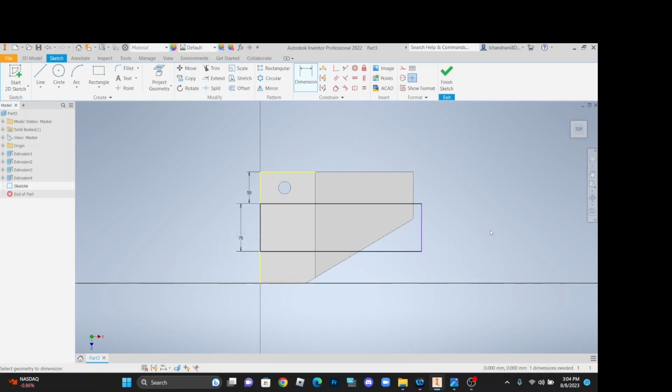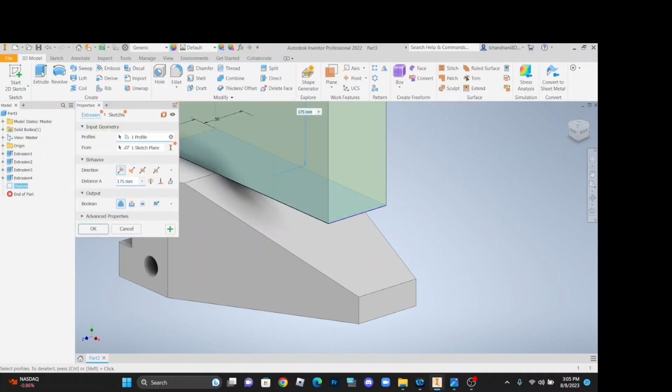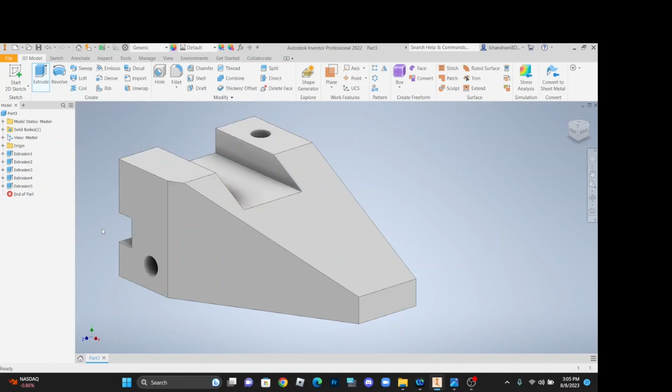And let's go ahead and stay out of this outermost edge, and let's click finish sketch and extrude, and the distance is 25 millimeters, so you're going to click here 25, cut and OK, and that completes the